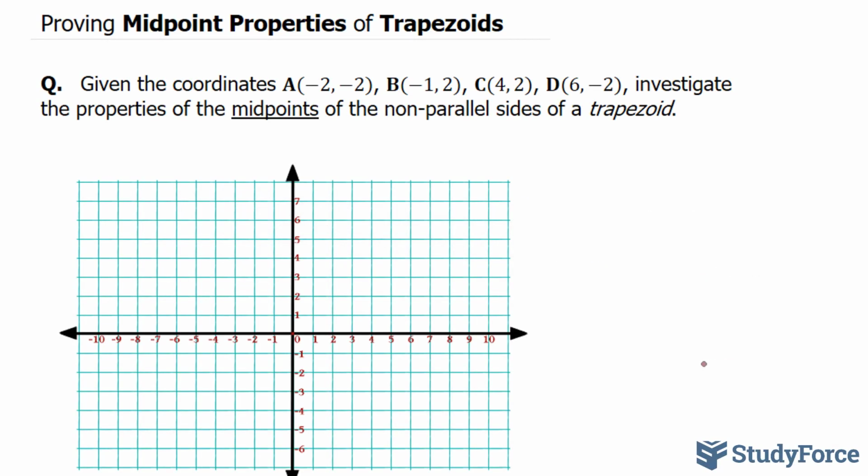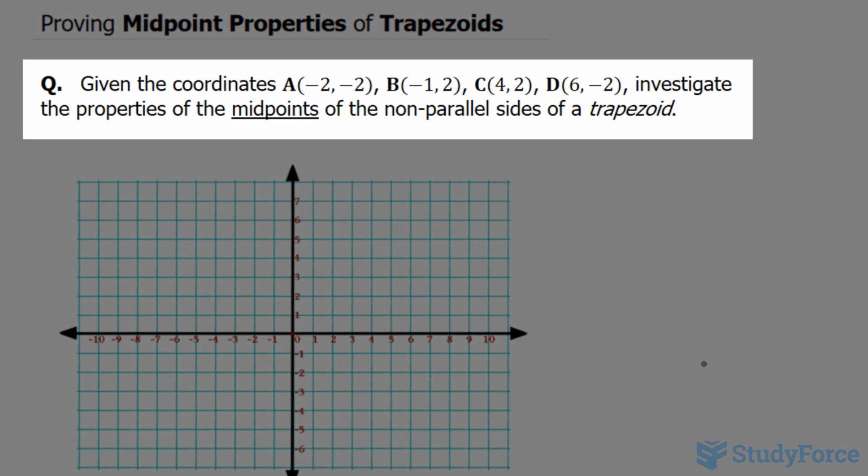In this lesson, we'll be proving midpoint properties of trapezoids. Namely, we'll look at how the length of the line segment joining the midpoints of the non-parallel sides of a trapezoid is equal to the mean of the lengths of the parallel sides. The question reads, given the coordinates A, B, C, and D, investigate the properties of the midpoints of the non-parallel